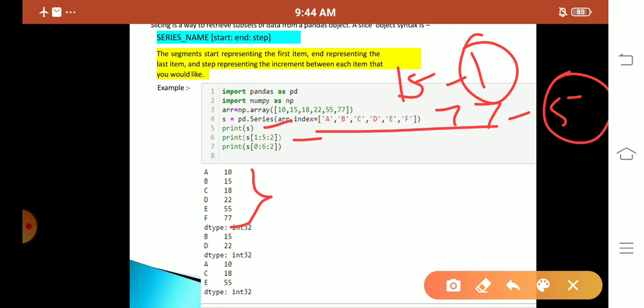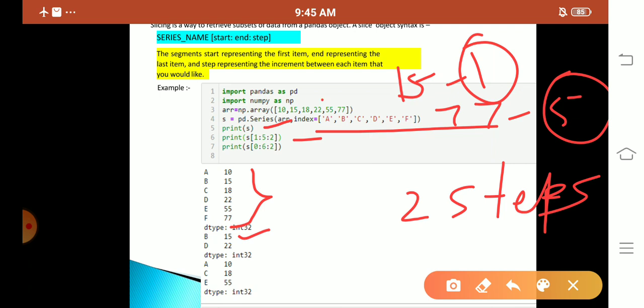Okay, so what will happen? We have to move in 2 steps, isn't it? So the first value will be your 15. After 15 what will be shown? 22 it will show.